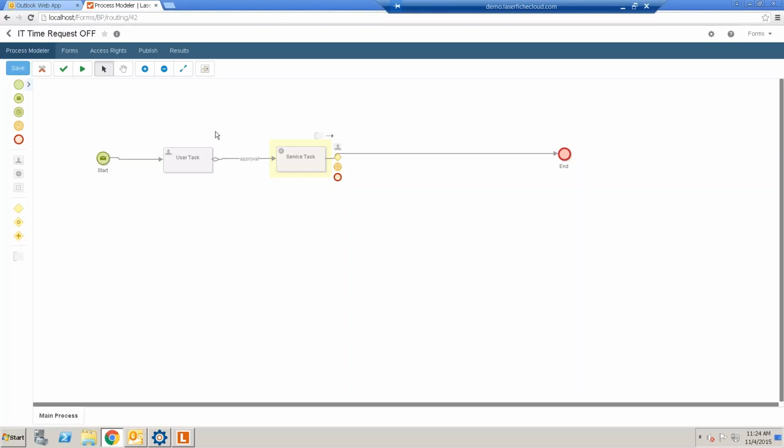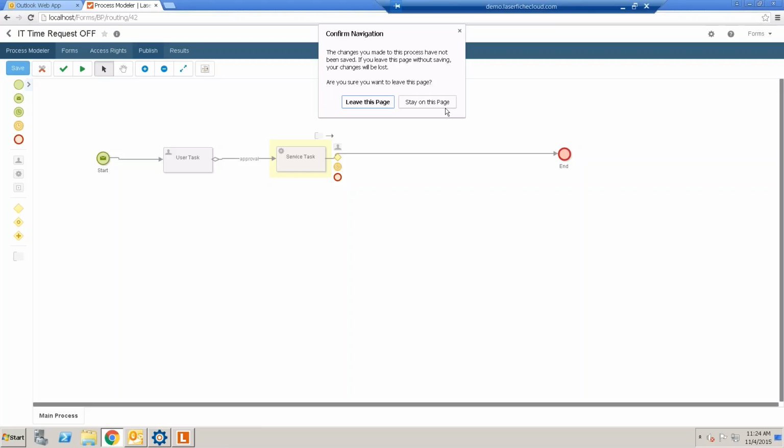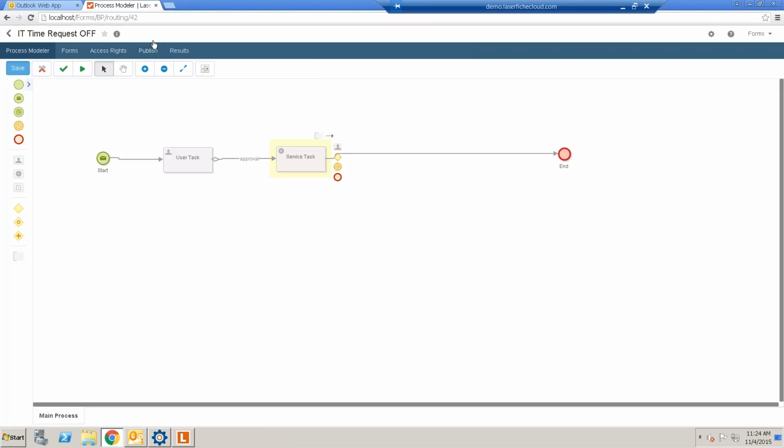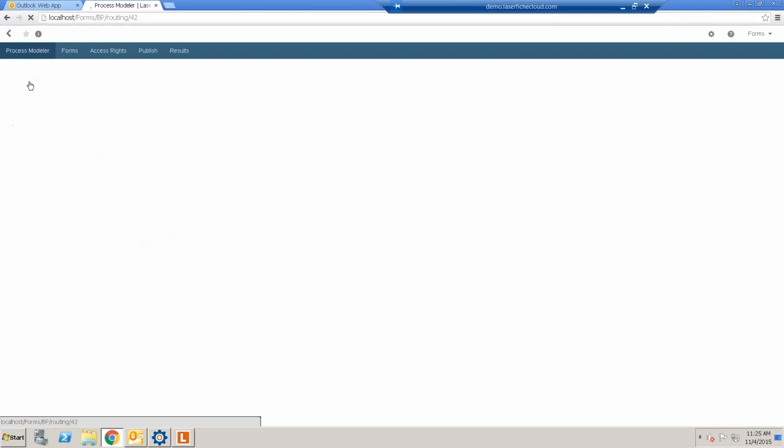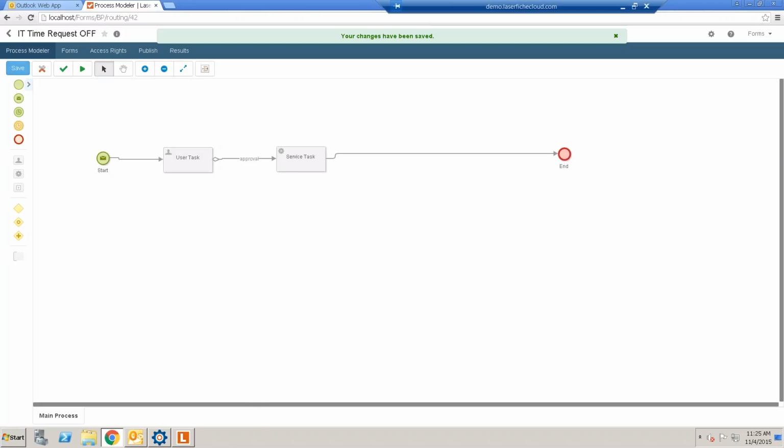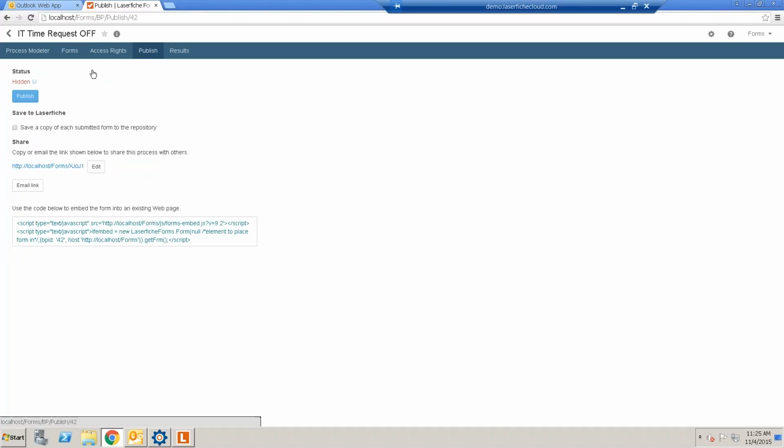So now we've designed the logic to our form. We've designed the form itself. There's a couple things you have up here. You can publish your form. So let me save real quick. Yeah, save, and then go over publish. So now I need to make my form public. So you just publish your form,